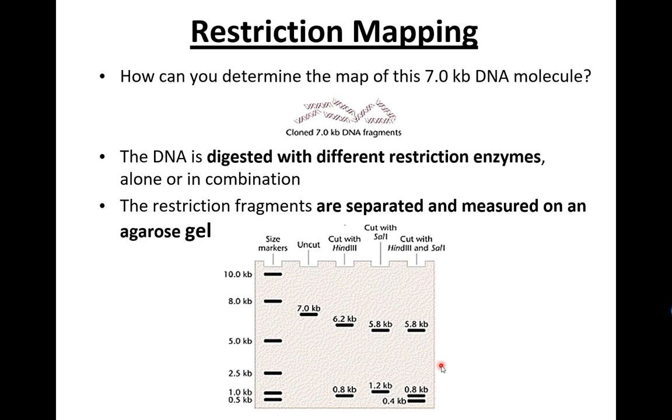So the first example is the use of restriction enzymes to do what we call restriction mapping. The point of restriction mapping nowadays is that it's less and less frequent to do this. But in the old days, let's say you're studying a gene or a promoter, and you're trying to figure out exactly where in the genome it is. You would take some part of the genome that you know contains your gene or promoter, for example. You would cut it down, and then you would end up with some fragments. Now you start having